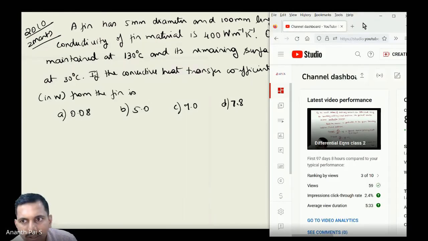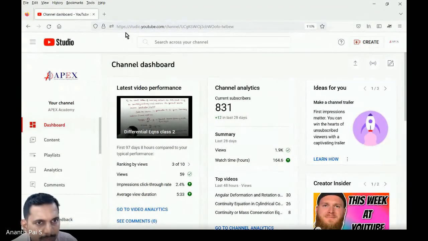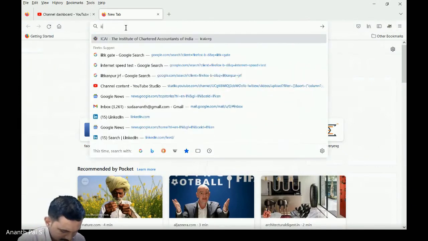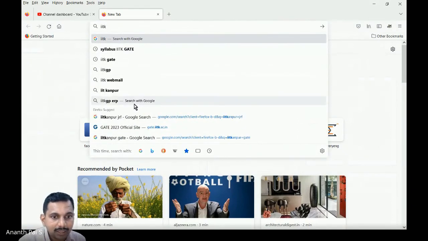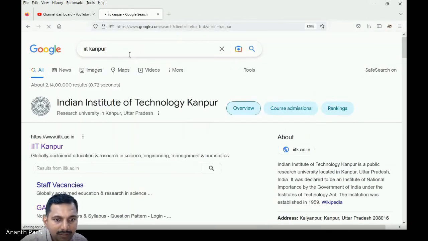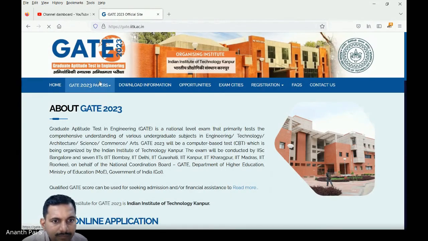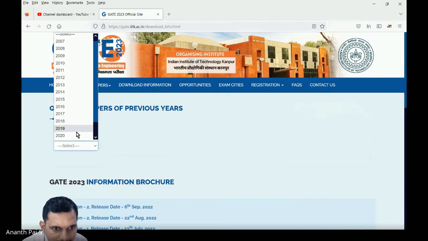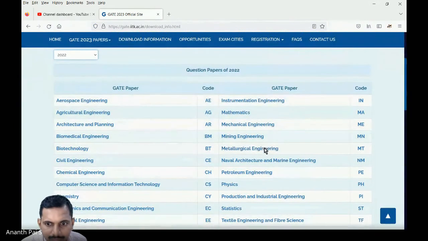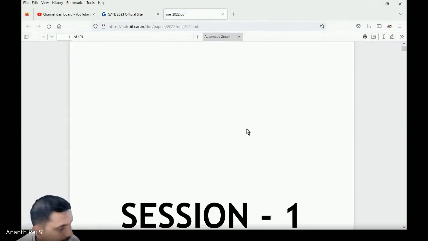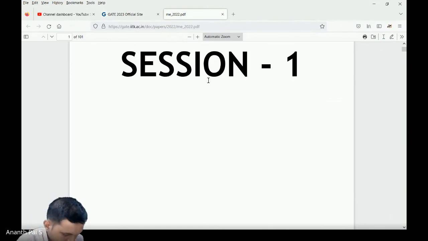So we have done all the questions which have come in GATE on pin fins, IITK, GATE. From tomorrow we are going with